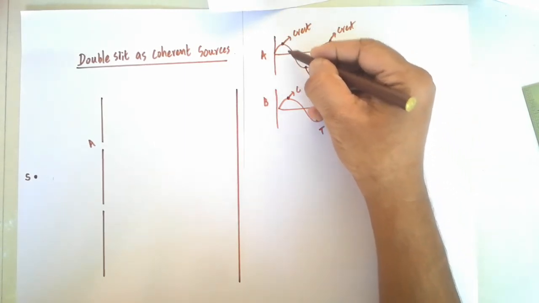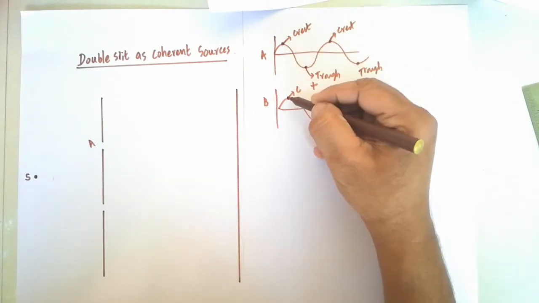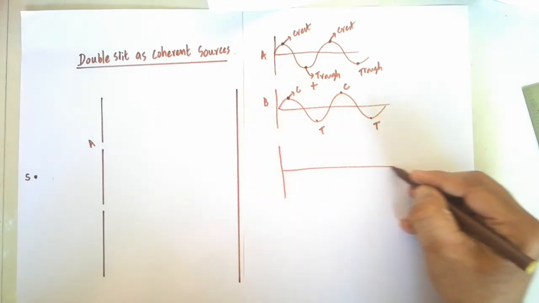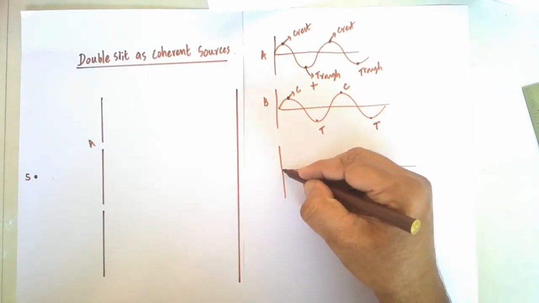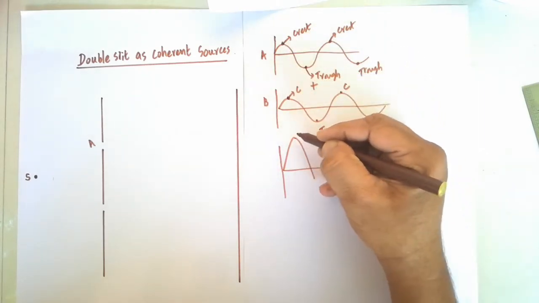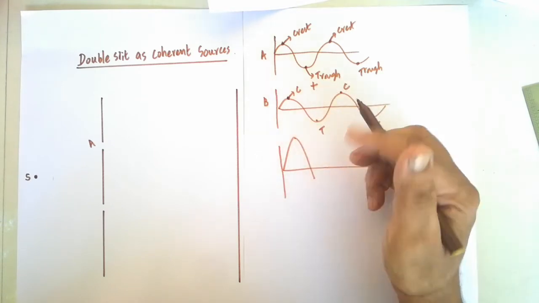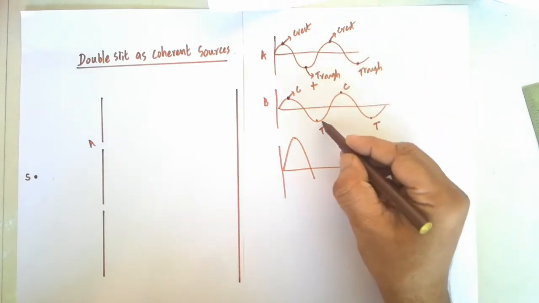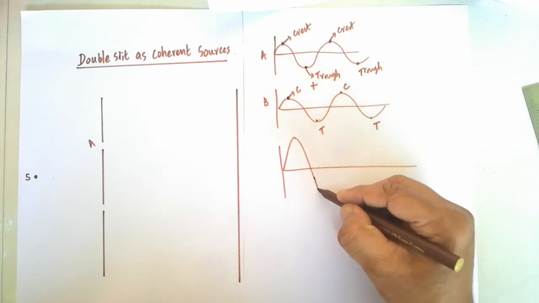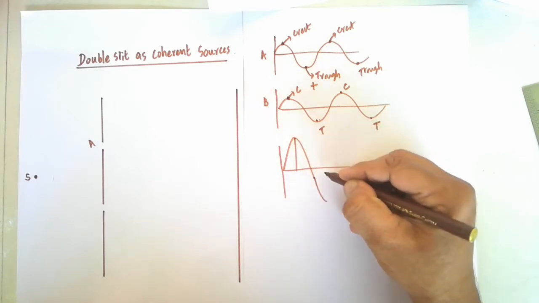When the crest of the first wave and the crest of the second wave are superposing with one another, what will happen? You will get the resultant displacement, and the resultant will have greater amplitude. Are you clear? Both crests are interfering, and the amplitude of the resultant will be more. So constructive interference will take place. Here this is a trough and this is a trough. When the two troughs interfere with one another, constructive interference also takes place and the amplitude becomes greater. Is it clear?